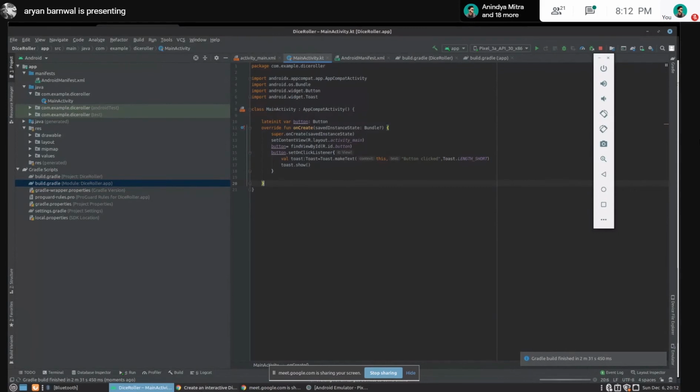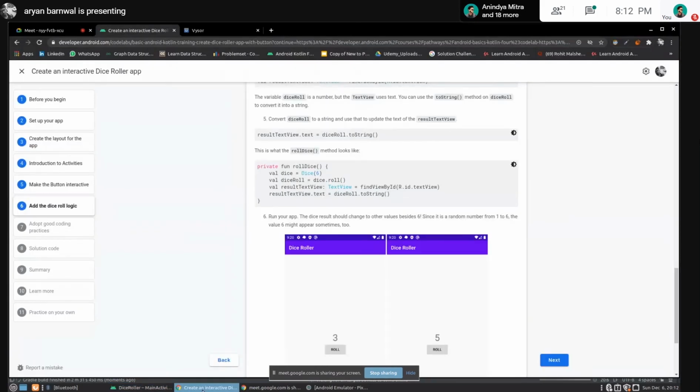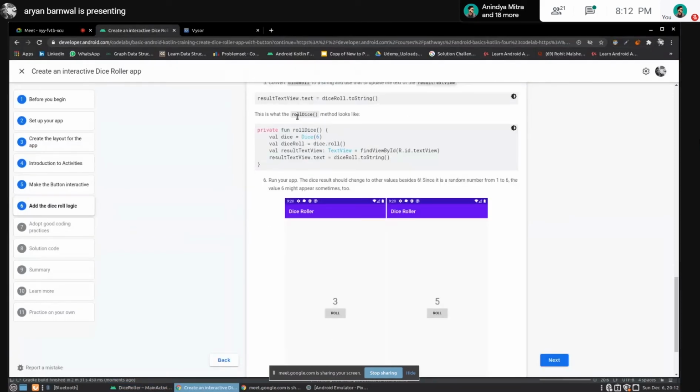Okay, so what you have to do here is, we pass an ID to the button, we can also pass an ID to the text view. So we will first create an object of the class Dice, and we will make it roll and just store the data we have got from the function in another variable. And in the text view, we will just pass the text.